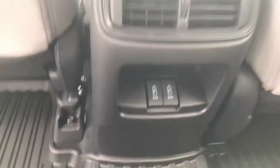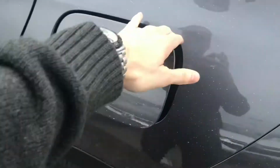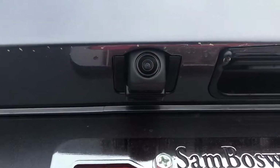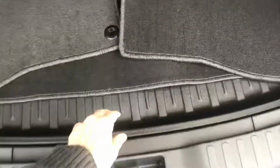Additional USB ports. Capless fuel filler. The vehicle also comes equipped with a backup camera, all-weather cargo tray,